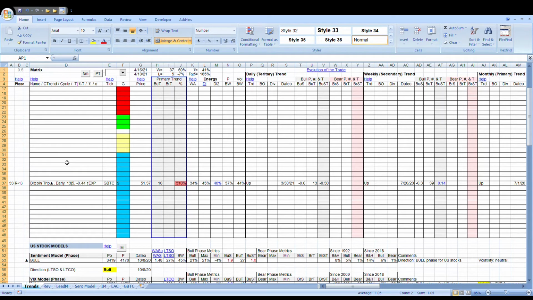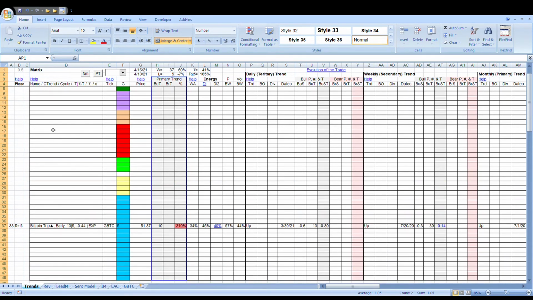Those are old tactics. They've been wrong for hundreds of years. And if you don't think that they're going to use them in Bitcoin, I guess you're fooling yourself, or you're just not experienced enough yet. You're going to see that the same rules that apply in gold and silver, stock market, and platinum, palladium, they apply for Bitcoin as well. So, keep an eye on the energy build. We're going to talk about that later. Keep an eye on the daily trend. We're going to be looking for a reset.